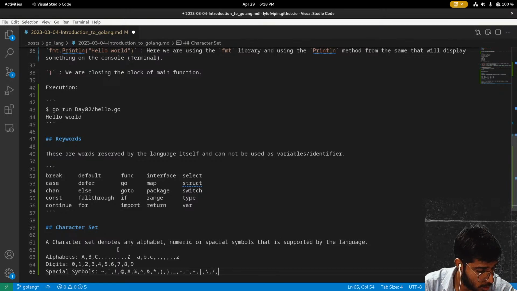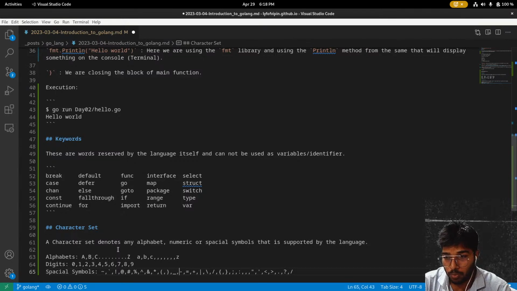And then we have colon, semicolon, comma as well, then double quotes, single quotes, less than, greater than, then dot, and question mark, and then we have this thing. I need to put all these things in, what can I say,